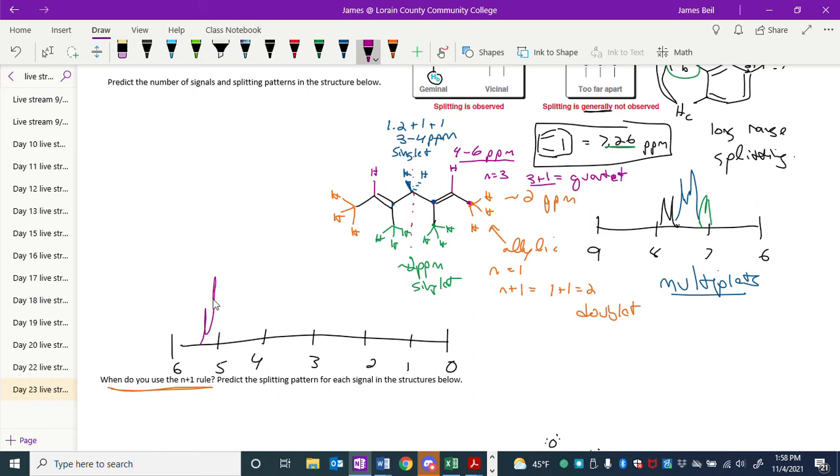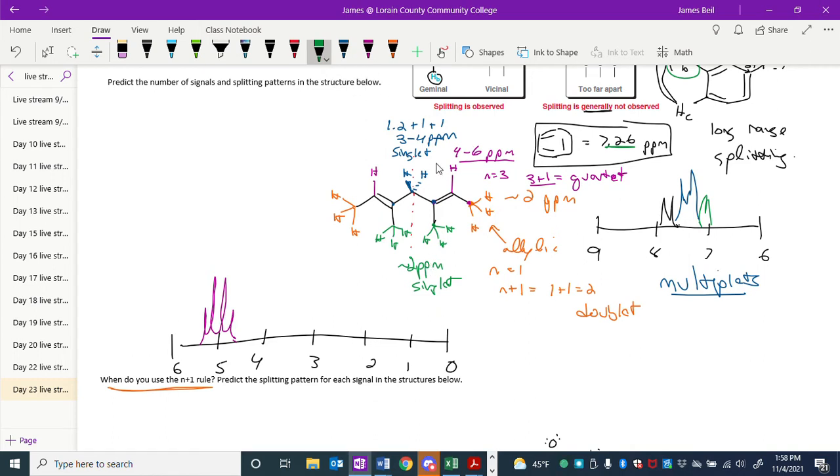The two middle signals of the quartet are usually about twice as tall as the last one. That's a little broader than normal, but I would see 4 signals for that because of the 3 neighboring hydrogens, each splitting or affecting the energy that this hydrogen releases one way or the other, depending on whether those orange hydrogens align with or against the magnetic field. I would expect to see,